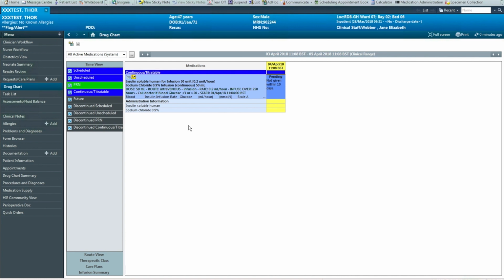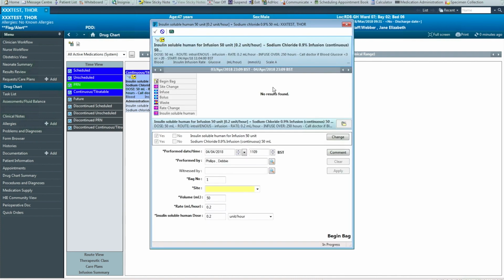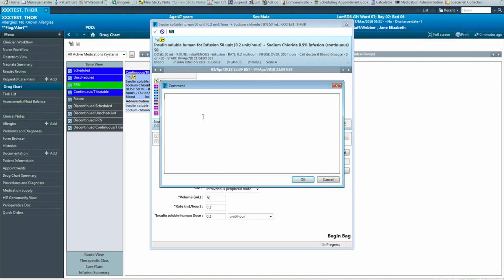So let's look at the first of these. Need to double click on the pending box next to the prescription, and this opens the medications administration wizard. We click on begin the bag. It asks what the site of the infusion will be, typically peripheral route. By opening the comments box,